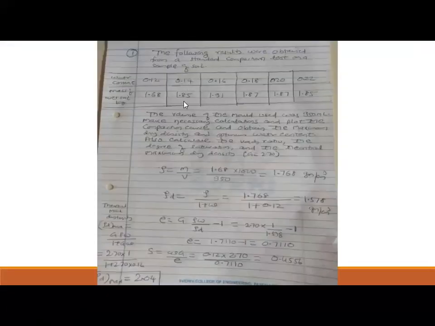So for all the readings you calculate rho and rho D. If you did it, it is okay. If you didn't do it, do it quickly now. Only when you do it yourself do you get to know. Please do it. For the second, third, fourth, fifth, sixth readings, you find rho. Rho is equal to mass by volume. It is only a 2 minute job. Mass given is 1.85 into 1000 by 950. Then rho D is equal to rho by 1 plus omega. If you have done it, fine; if not, I am giving you 2 minutes, you do it. Do it.